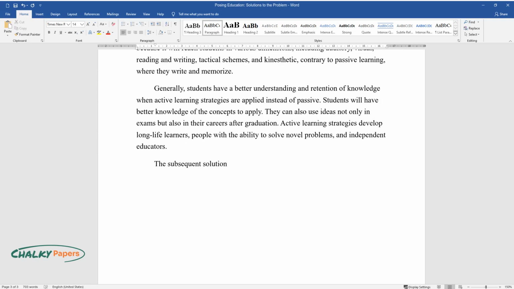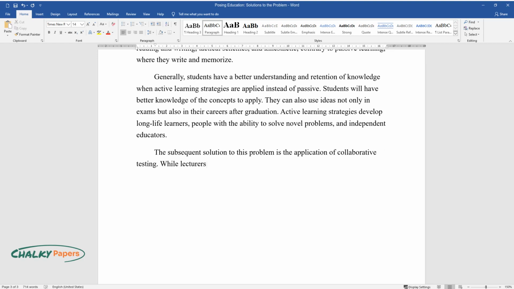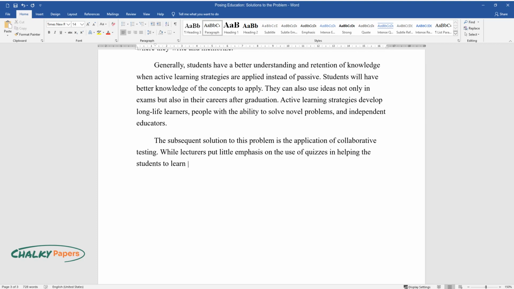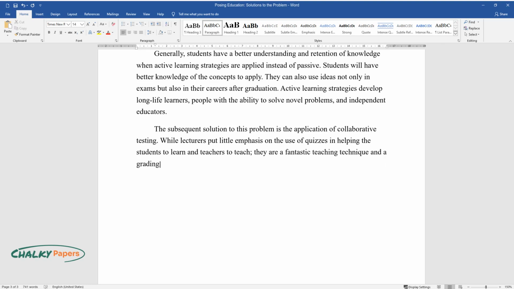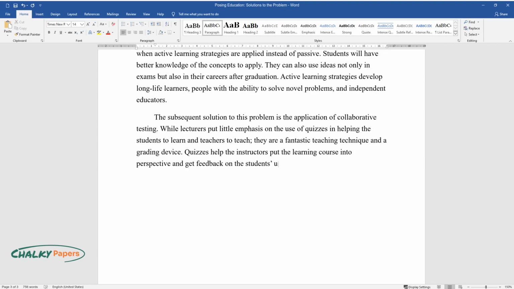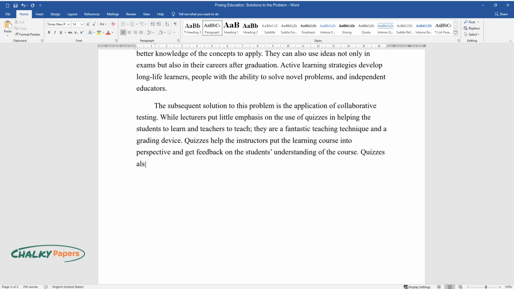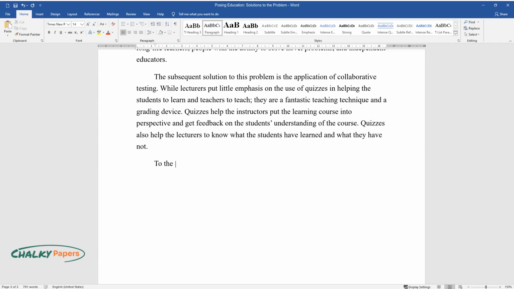The subsequent solution to this problem is the application of collaborative testing. While lecturers put little emphasis on the use of quizzes in helping the students to learn and teachers to teach, they are a fantastic teaching technique and a grading device. Quizzes help the instructors put the learning course into perspective and get feedback on the students' understanding of the course. Quizzes also help the lecturers to know what the students have learned and what they have not. To the students,